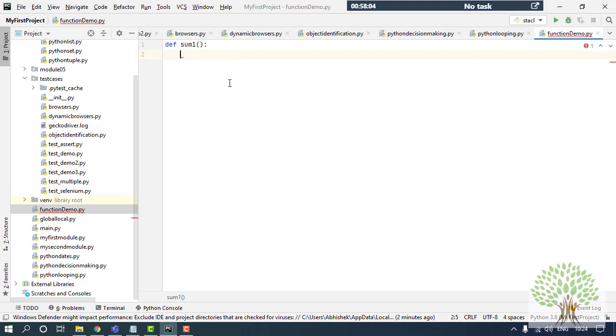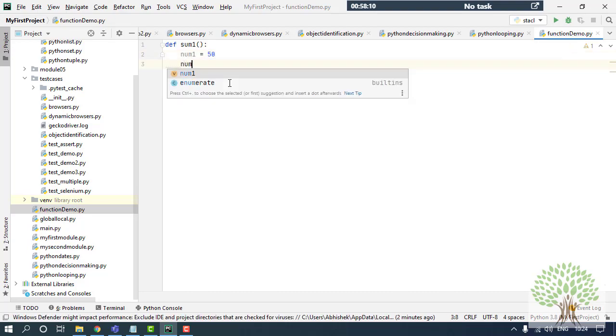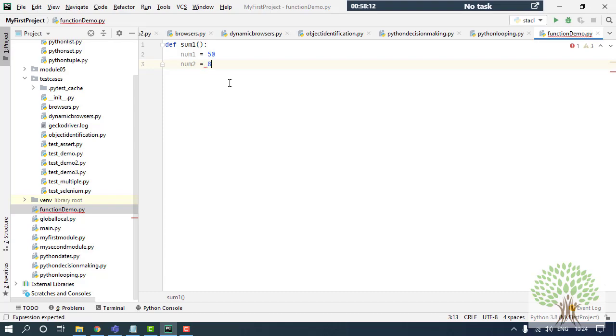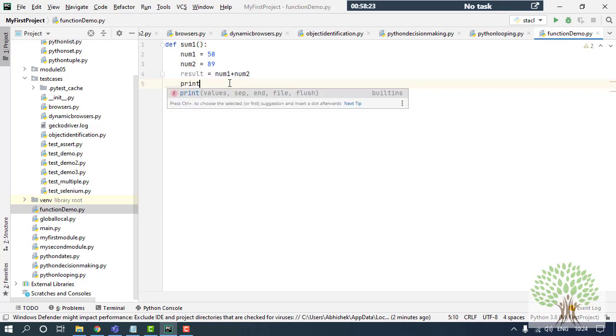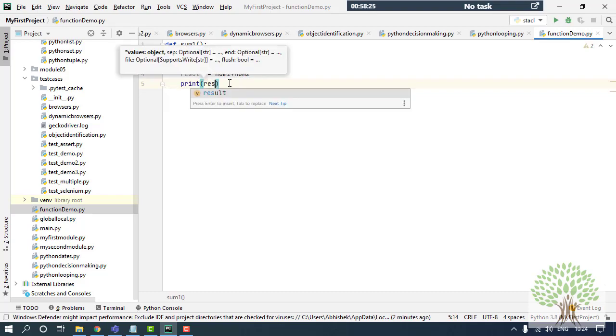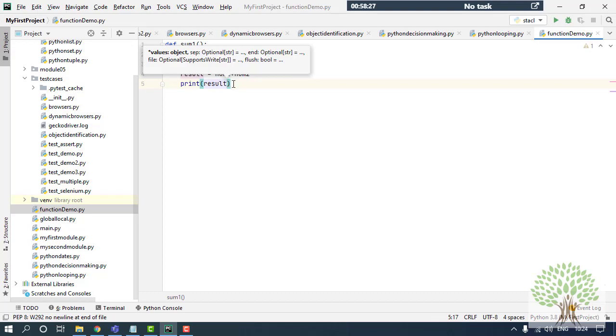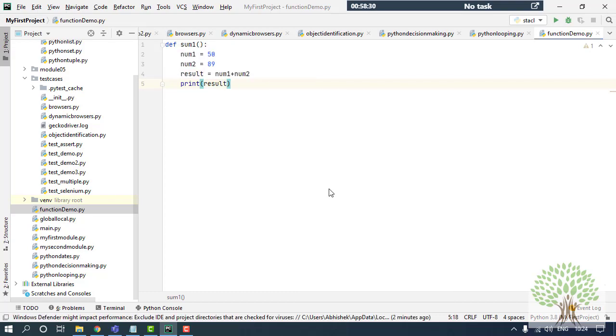Let's say this is my num1, say 50, and this is my num2, let's say 89. I want to add it simply, so I'll say result is equal to num1 plus num2, and I'll simply print this result variable. I'll save this and I'll run this.